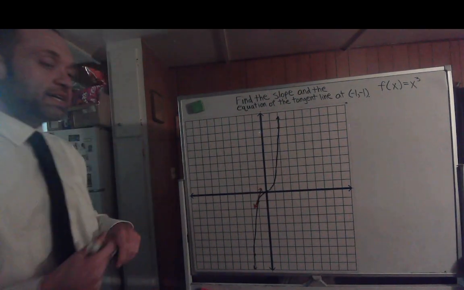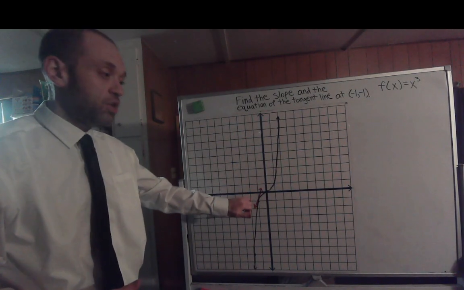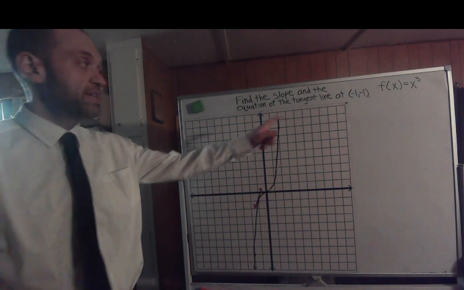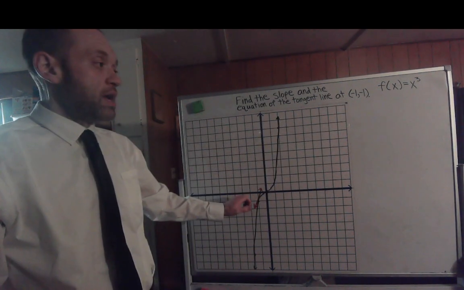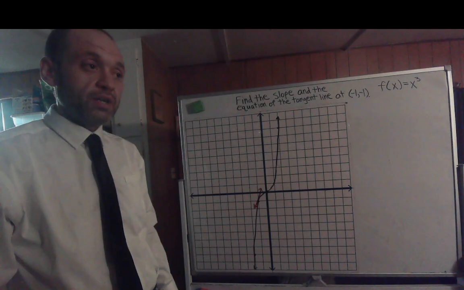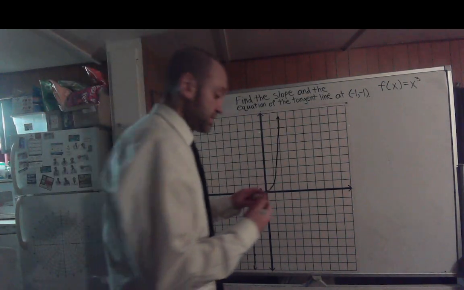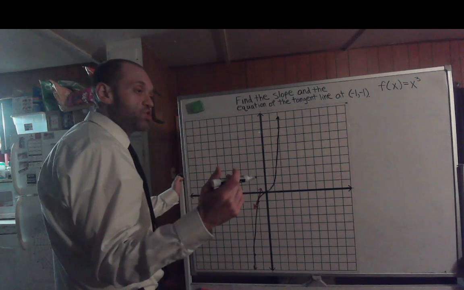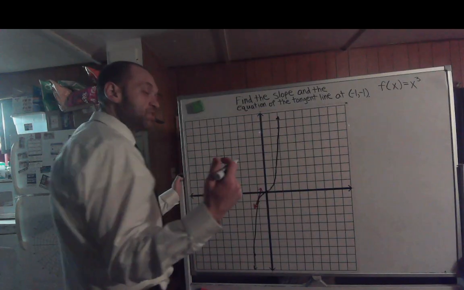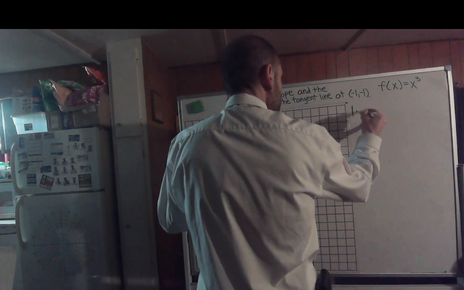Now, I'm just going to introduce it today, and then we'll actually work it out real quick. But the idea is, as I get infinitely closer and closer to that x equals -1, my secant line really starts to disappear, doesn't it? It actually starts to look more like a tangent line, and that's exactly what happens. To find it, it's also called the instantaneous rate of change. To find the instantaneous rate of change, it's going to be the limit